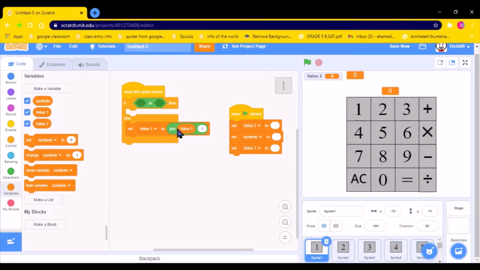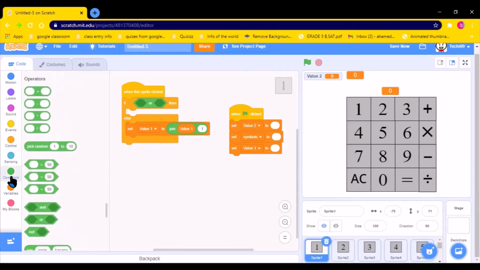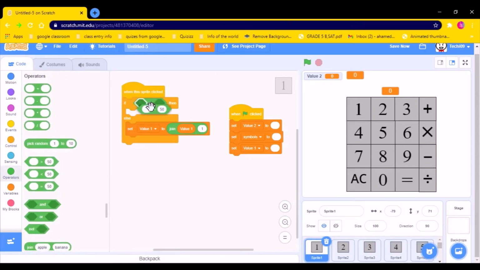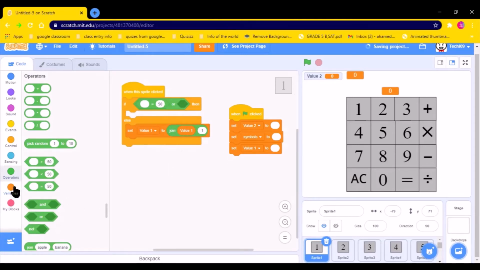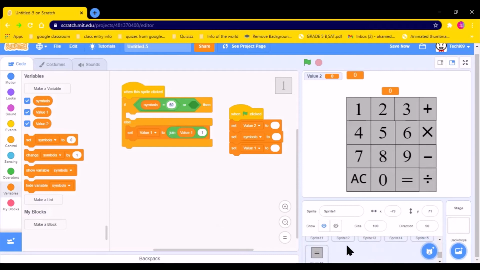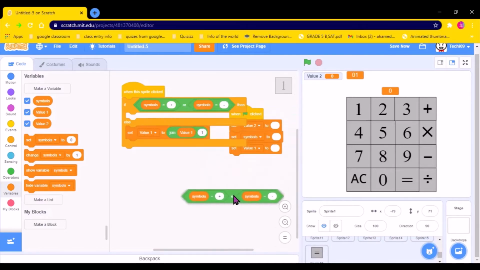Actually, just now we have to, if or we need is equal to, if I was really, if the symbols equal to, we need to go ahead and type in the plus symbol and duplicate that and put minus, and then next we need to duplicate this or part,